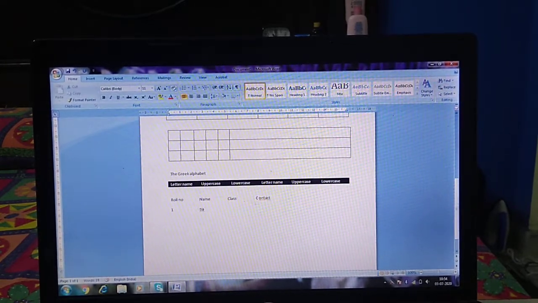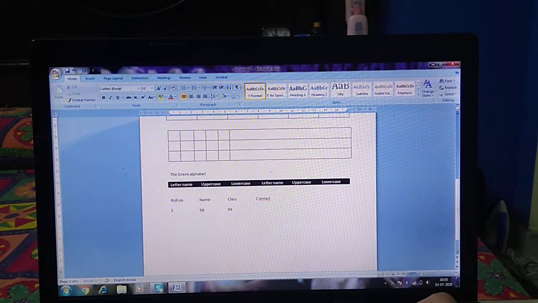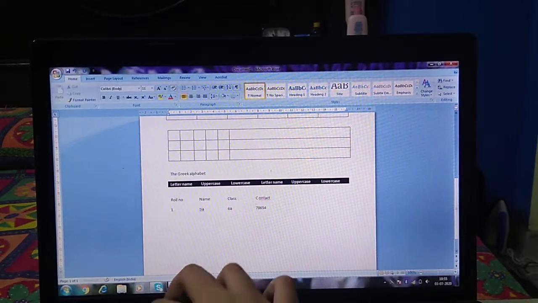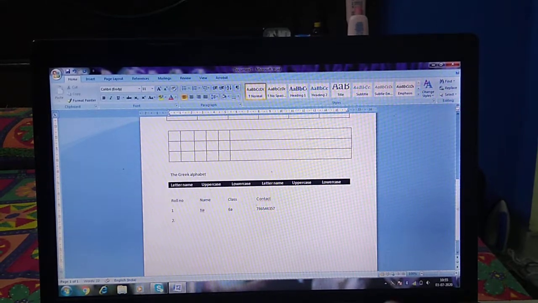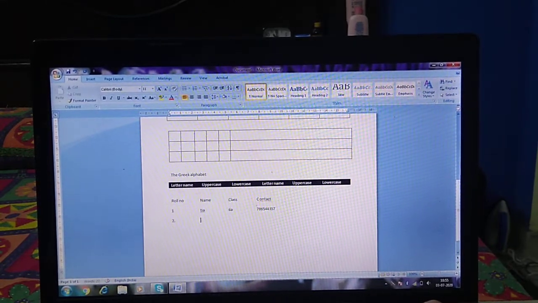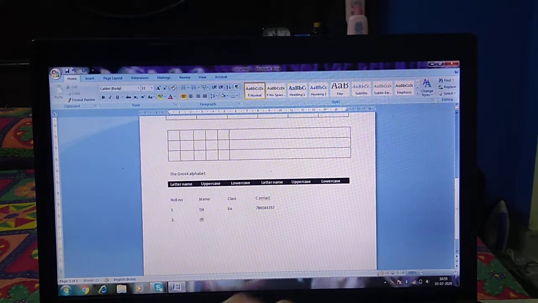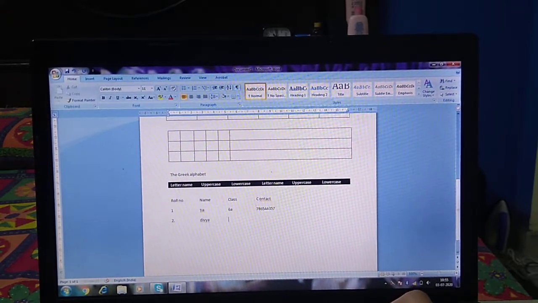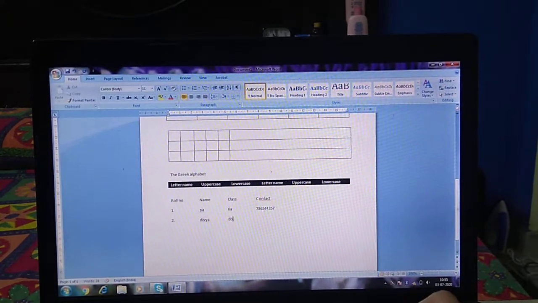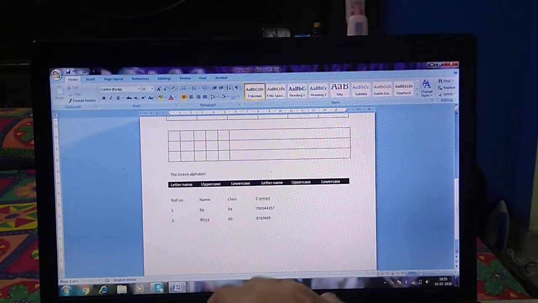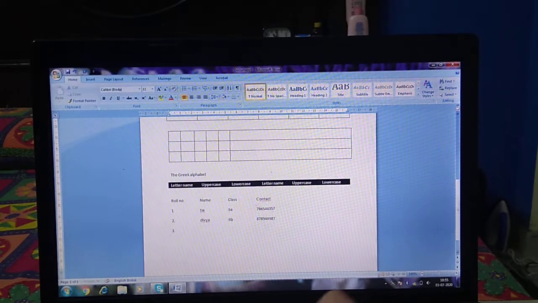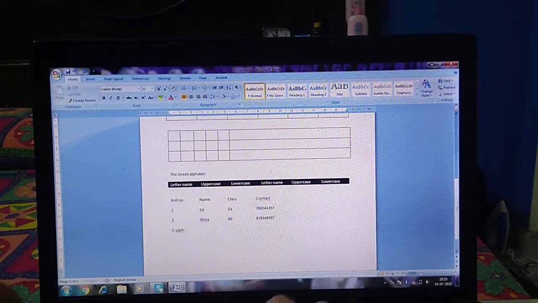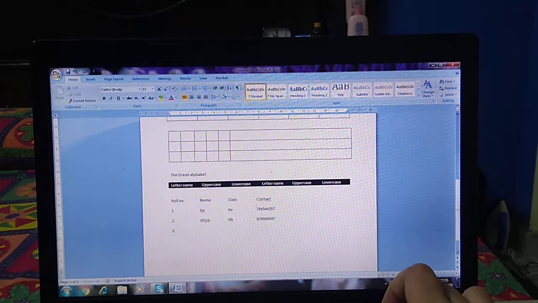Here I'm writing class 6th A. Now 2, then 6th B class, then contact, any contact number we are taking. Then 3, we are writing another name. Oh sorry, just put the tab key here.